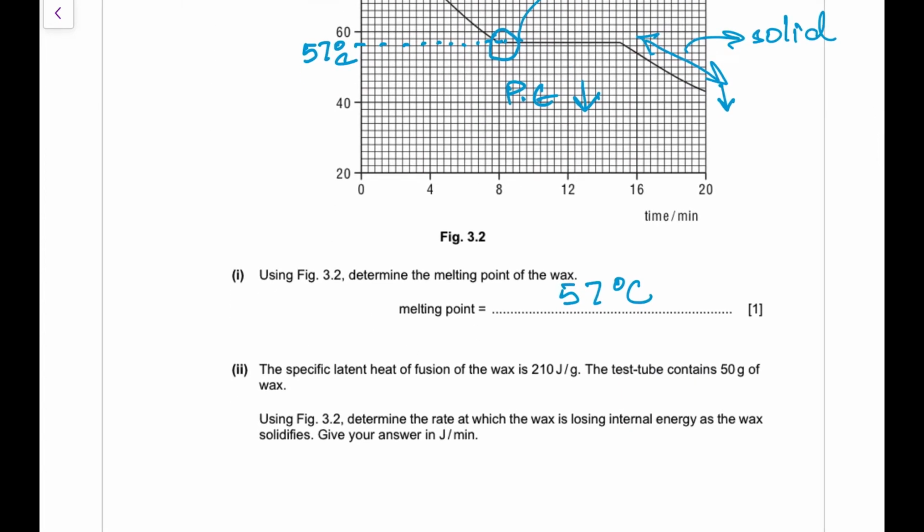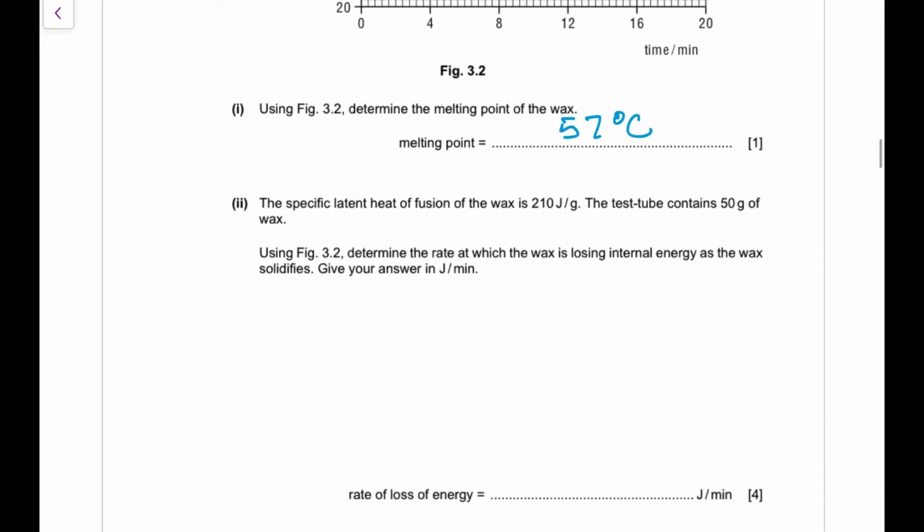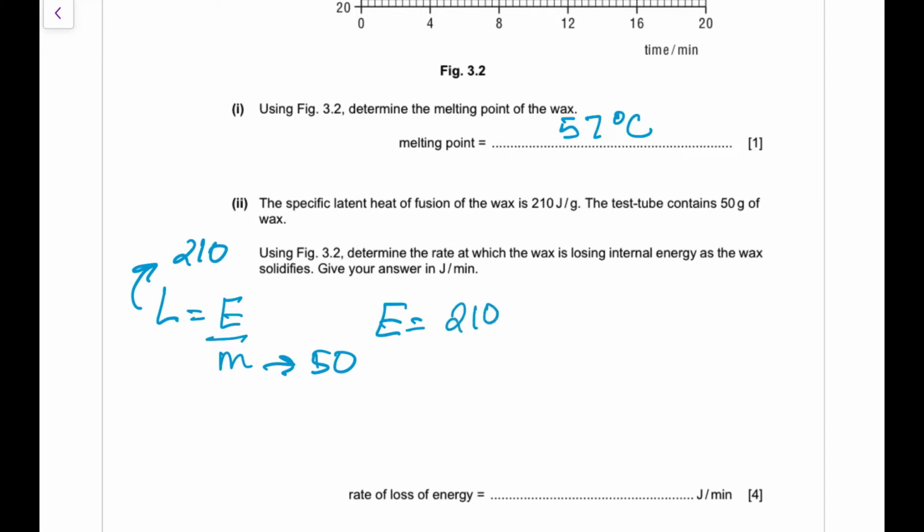The specific latent heat of fusion of the wax is 210 joules per gram. The test tube contains 50 grams of the wax. Using figure 3.2, determine the rate at which the wax is losing internal energy as the wax solidifies. Give your answer in joules per minute. Alright, the latent heat is equal to energy divided by the mass. So you've got the latent heat as 210 and the mass is 50 grams. You can calculate the heat energy by multiplying the two values, and that will be equal to